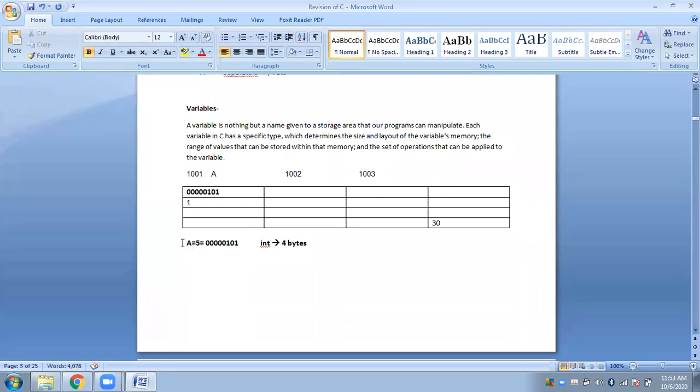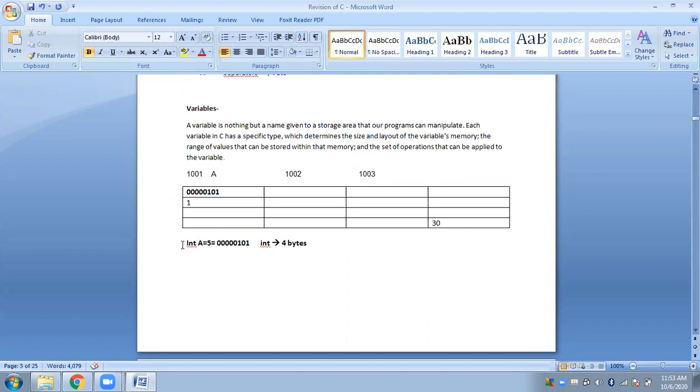That means if I write int a equal to 5, what does this mean? a is a variable of type integer, that means in a I will be storing an integer value.